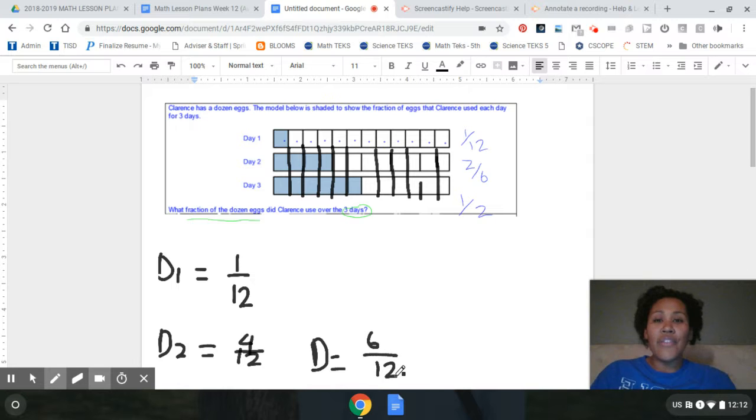Okay, now that I have a common denominator amongst all 3 numbers, now we can put them together. So what is 1/12 plus 4/12